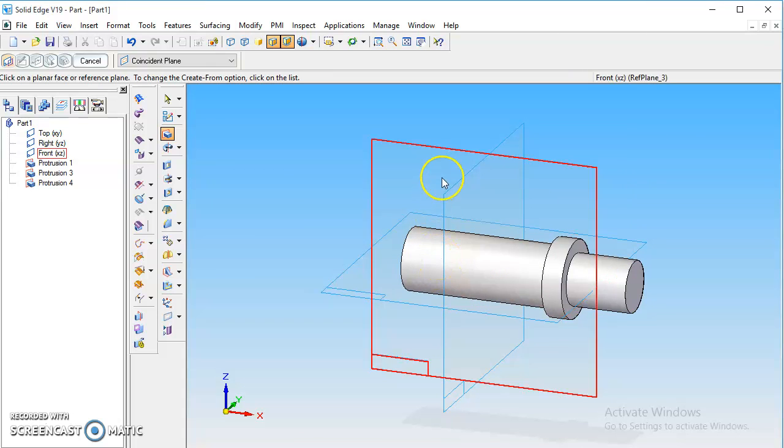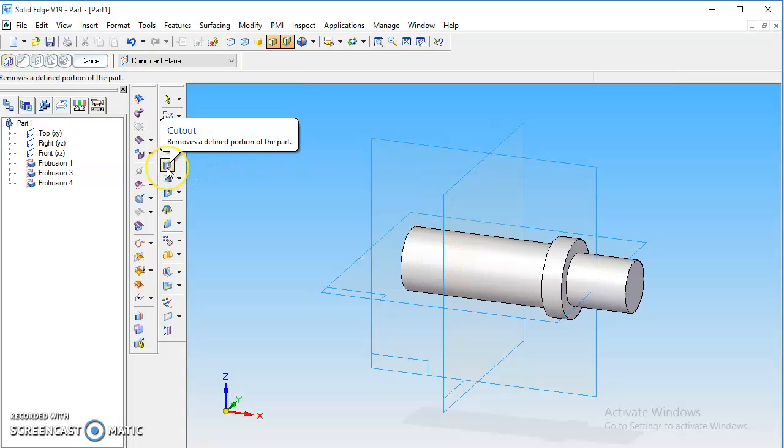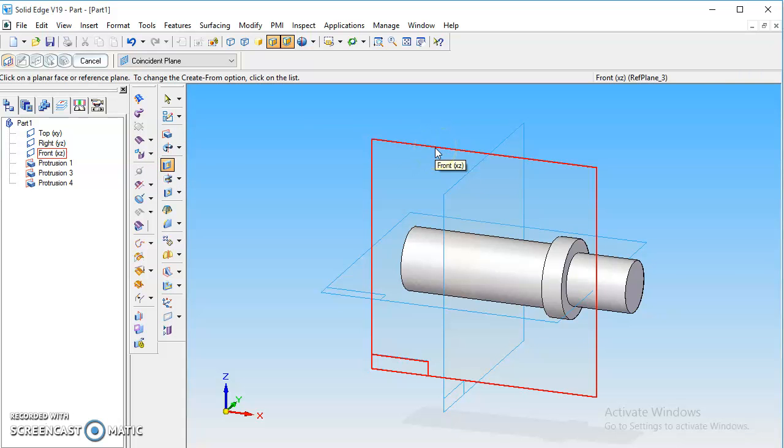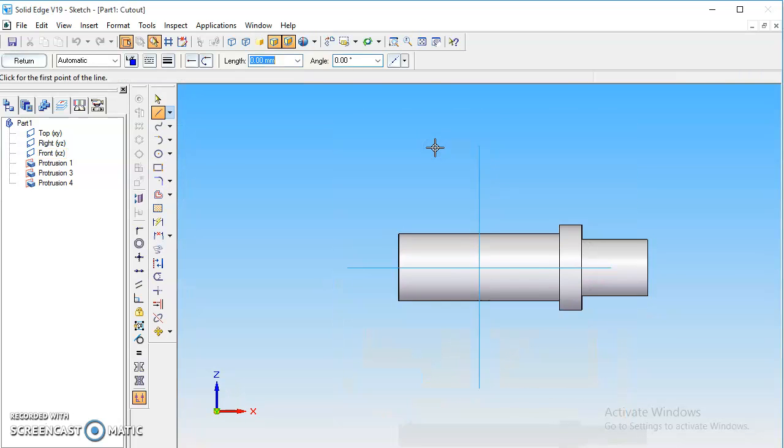So I'll be selecting once again front plane, and we are going for cutout option. We are going to select cutout option, and we are going to select front plane. Once we select front plane, then we are going to create the cutout section. So initially first it will be 30 mm line,